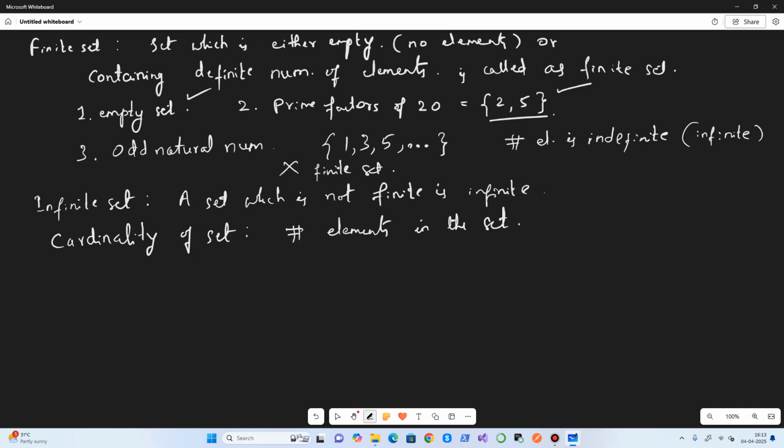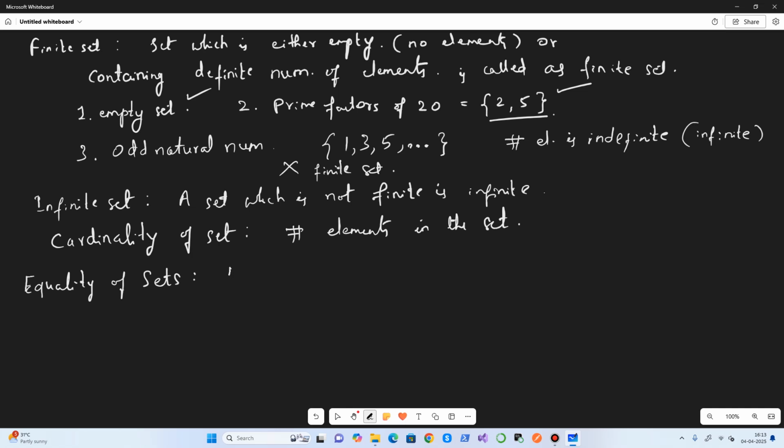Okay. So next we will talk about equality of sets, right? How do we define that?